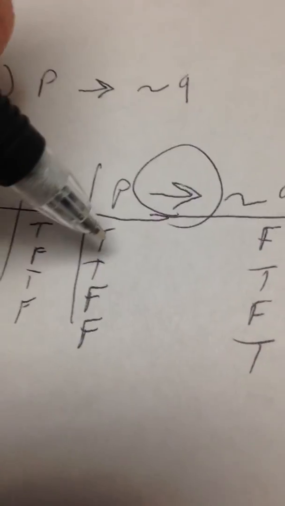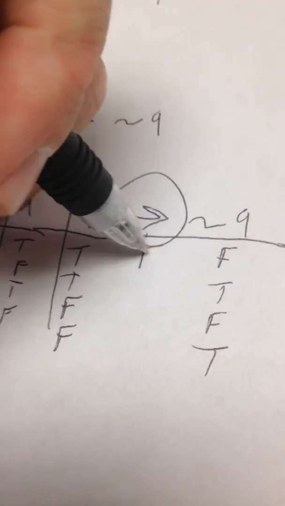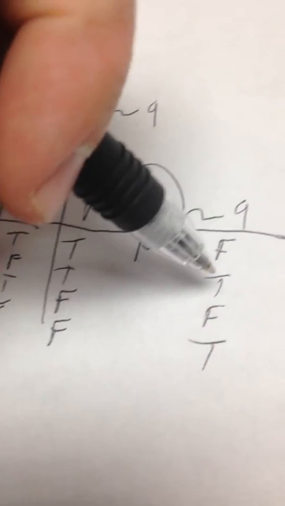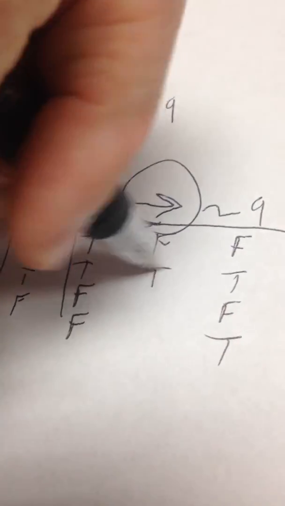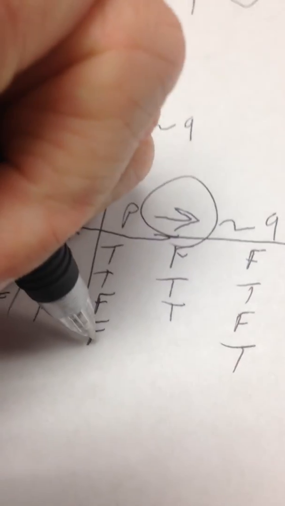So then we just look at the rule for if then. What's our rule for if then? If P is true, then it's true if Q is also true. If P is false, it's true no matter what. So we've got a true here. We need to know if Q is also true. It's not. So that means it's false. We've got a true there. P is also true. So that's true. False? Well, we don't care, so it's true. False? Again, we don't care. It's true. So your truth table for if P, then not Q